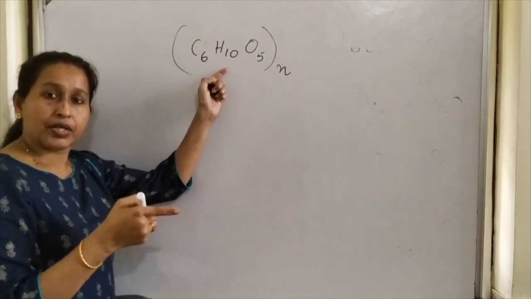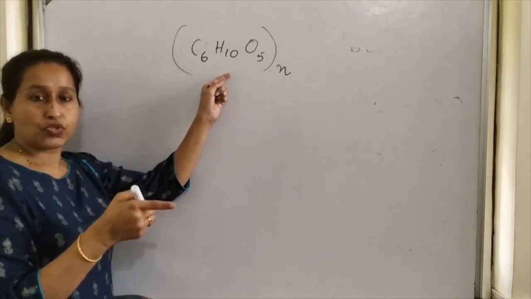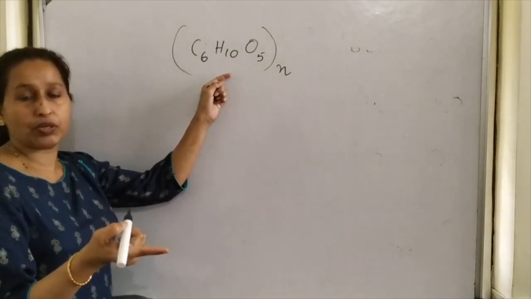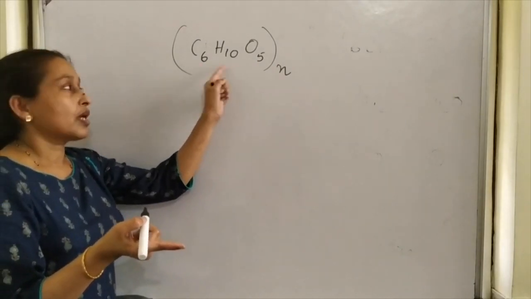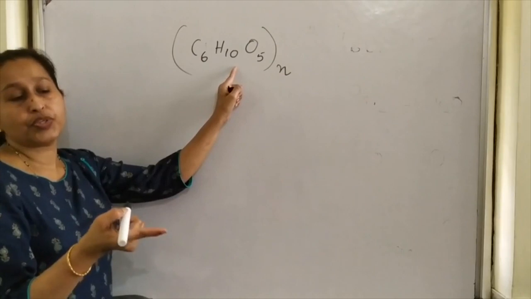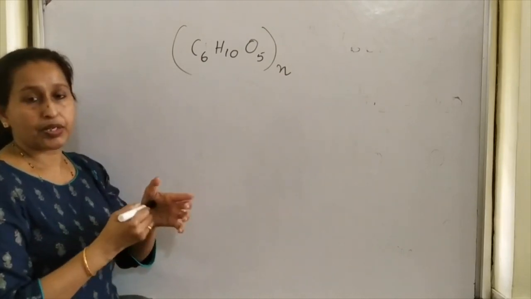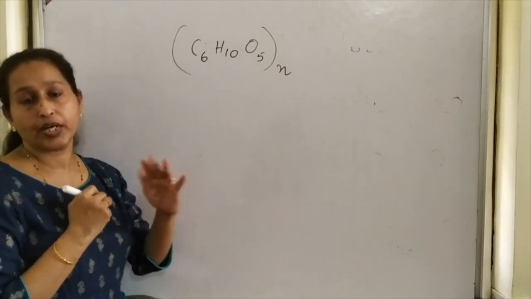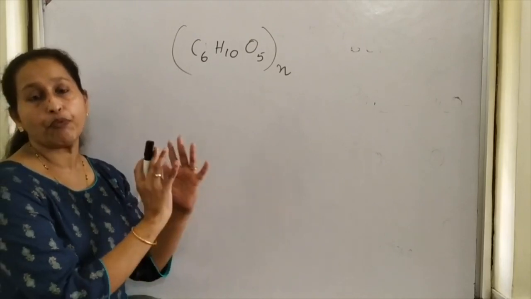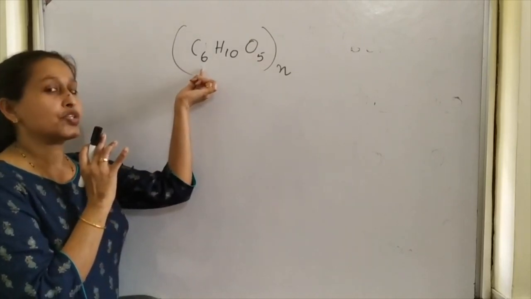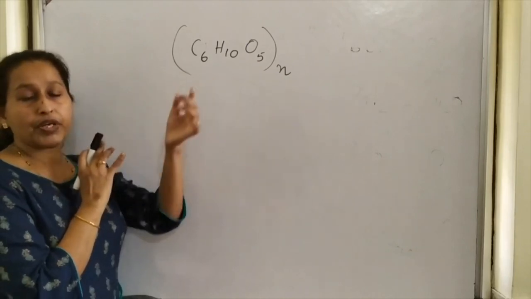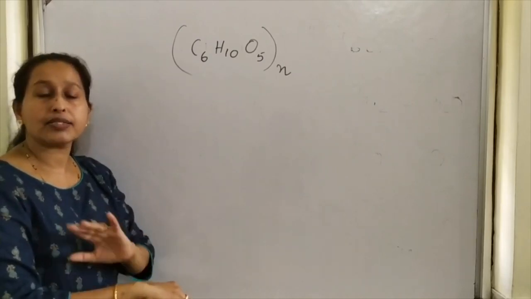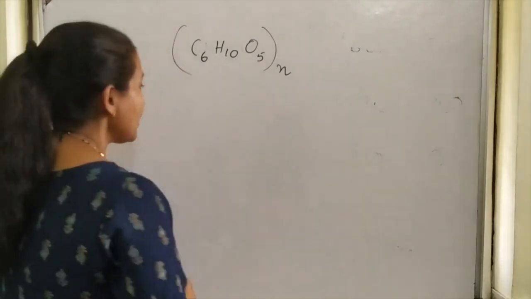So if you add concentrated sulfuric acid to cellulose, that means paper, paper is made up of cellulose, or wood, wood is made up of cellulose, that will be getting charred. We say that it gets burned, or we'll say it is getting charred. The process we call as charring. Chemically combined water molecule will be removed, and it is converted into carbon. Even our body, if concentrated sulfuric acid falls on skin, it gets charred and the skin turns black in color.